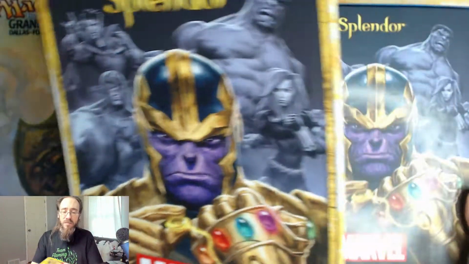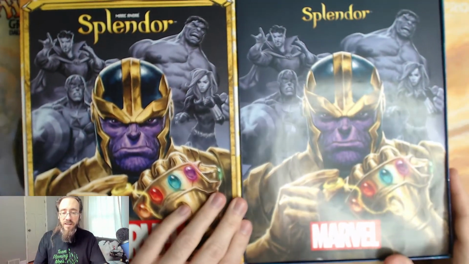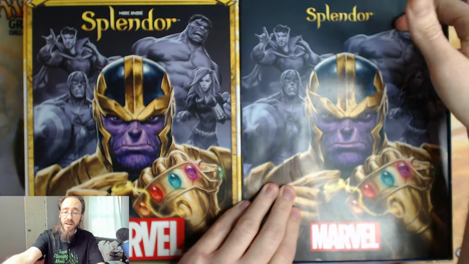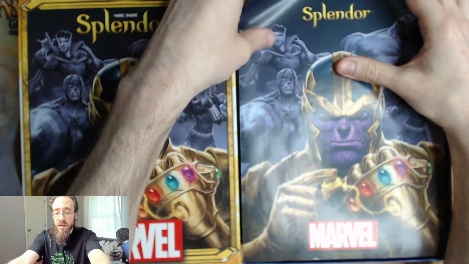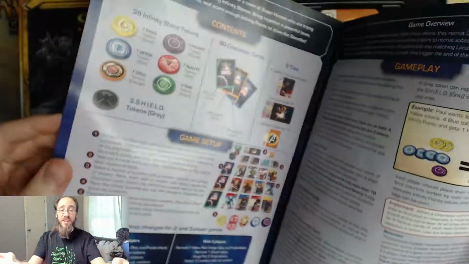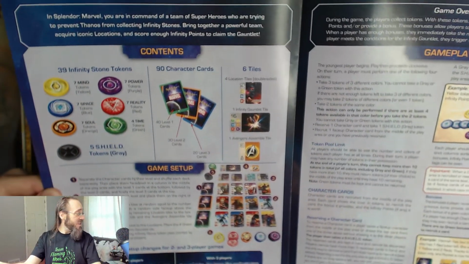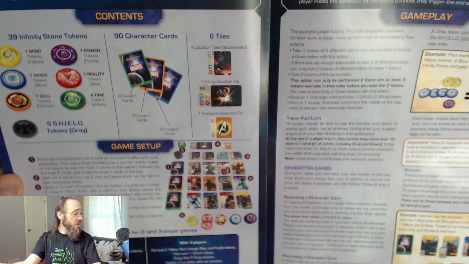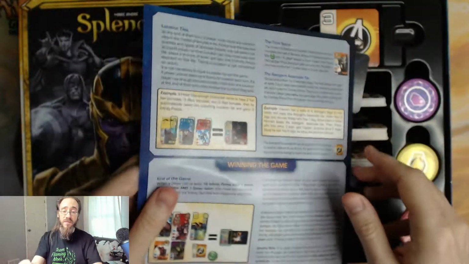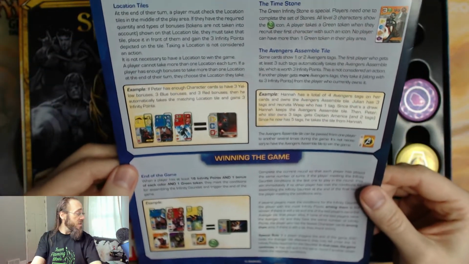It's going to be pretty simplistic. If you've not seen or played Splendor, it's a very simple game. We got the rule book here, and it's literally just this sheet. So you got the contents, you got the little board set up, the gameplay, and then just the in-game conditions